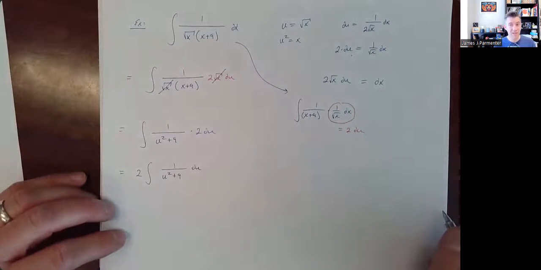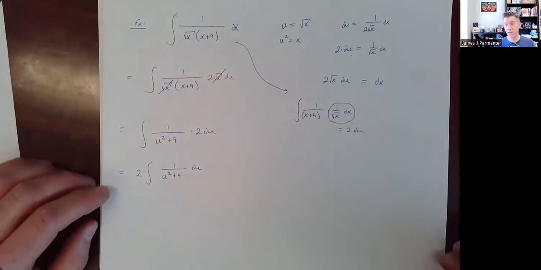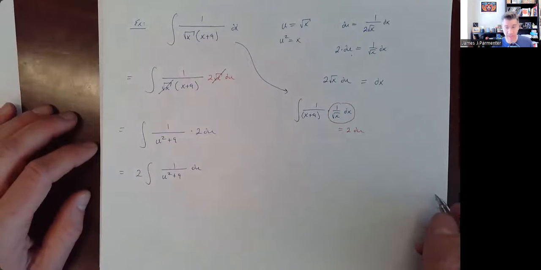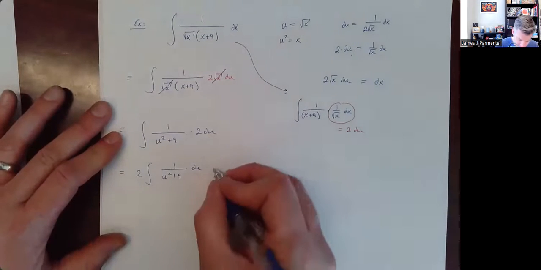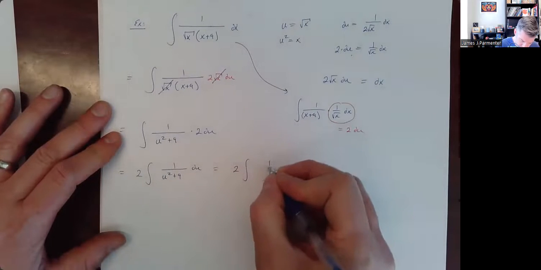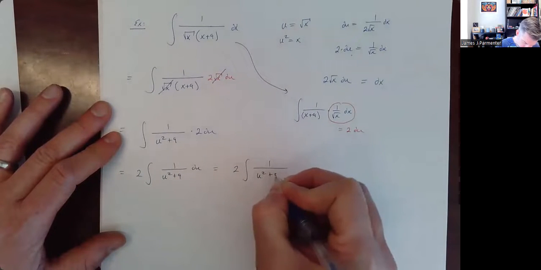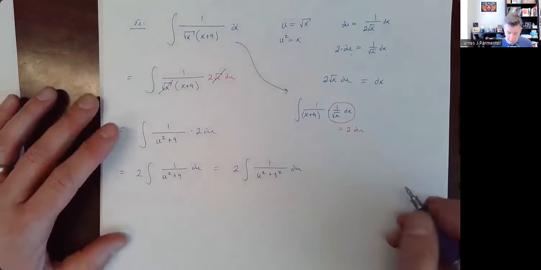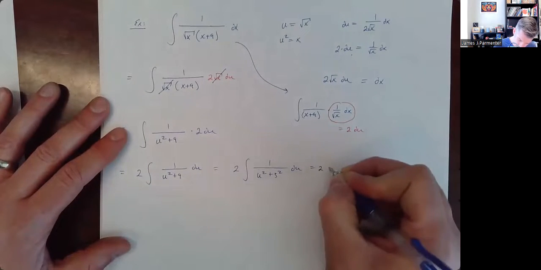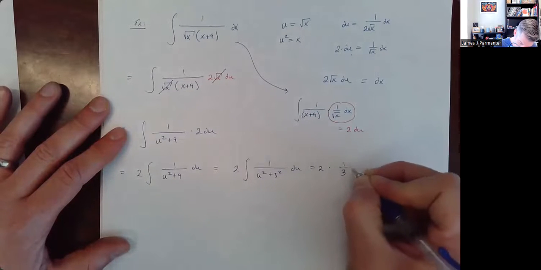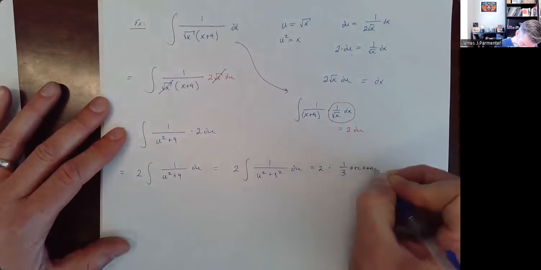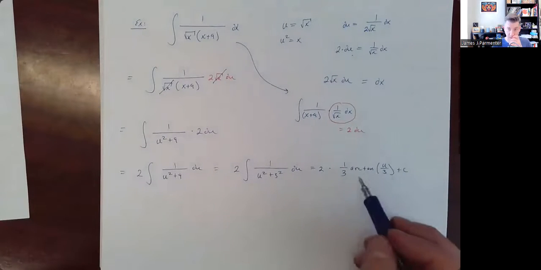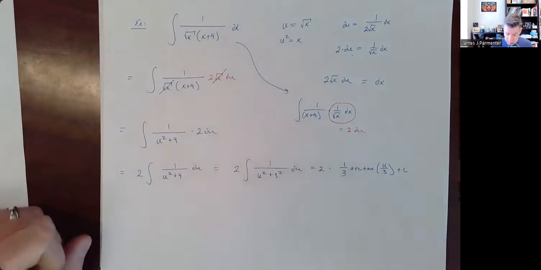This looks a lot like an arctangent thing, right? If it was the integral of 1 over u squared plus 1, we'd have the arctangent of u as the integral. If it's u squared plus something else squared, instead of being just the arctangent of u, it's going to be 1/3 the arctangent of u over 3 plus c. If you're not sure about this, you can also check it. So just as a quick check,